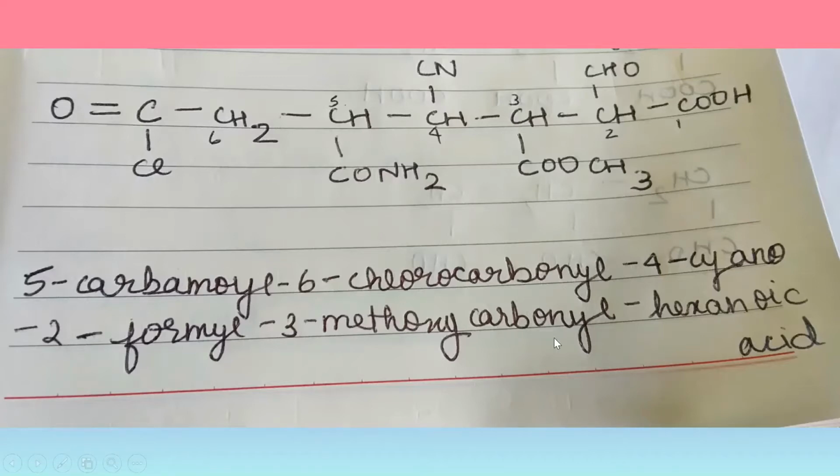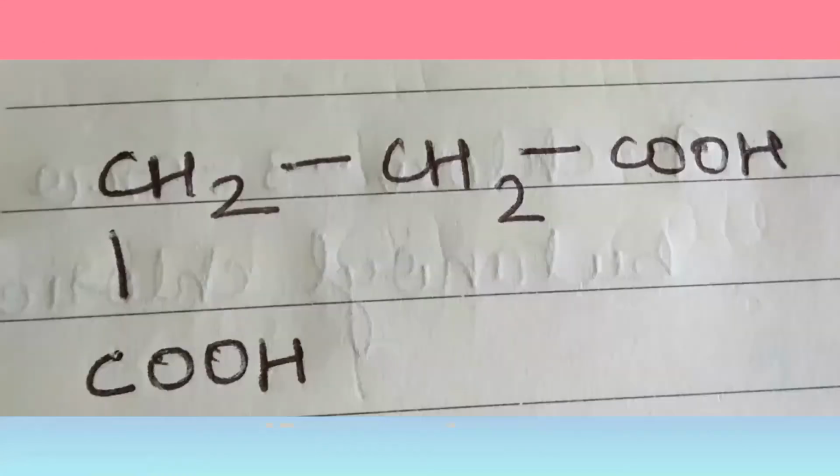So hexanoic acid, because there are 6 carbons in the parent chain, so hex. Ane, because there are no unsaturated bonds here, and oic acid for the suffix of the principal functional group present here. That's nothing but a carboxylic acid. So here I come to an end with the polyfunctional nomenclature. So now I'm going to be discussing various examples of these, or various combinations of these nomenclature.